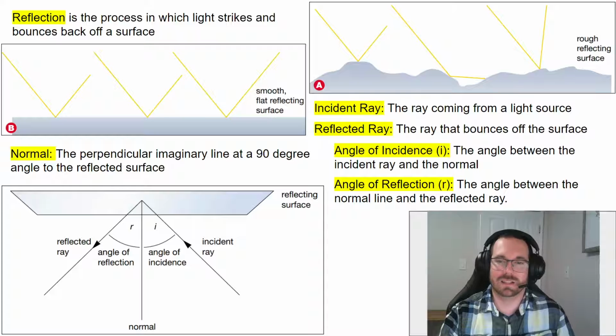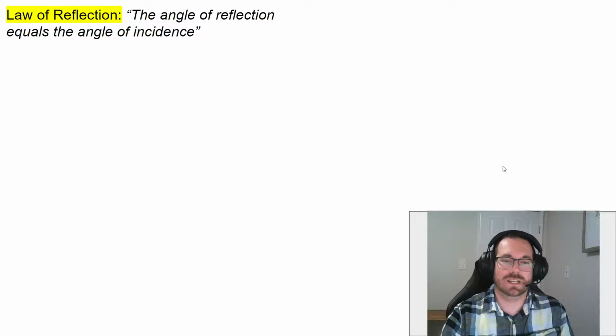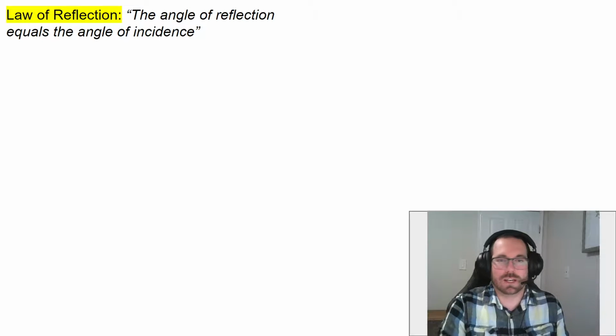We're going to be unpacking that a little bit, and we're going to discover something that's called the law of reflection. We're going to talk about a plane mirror, one that has just a completely flat reflecting surface, because that's going to give us a uniform result. And we're going to see how those rays reflect off of a completely flat surface first before we start moving to any changes in that surface. So, as we unpack this, we need to understand that reflection comes in what's called the law of reflection.